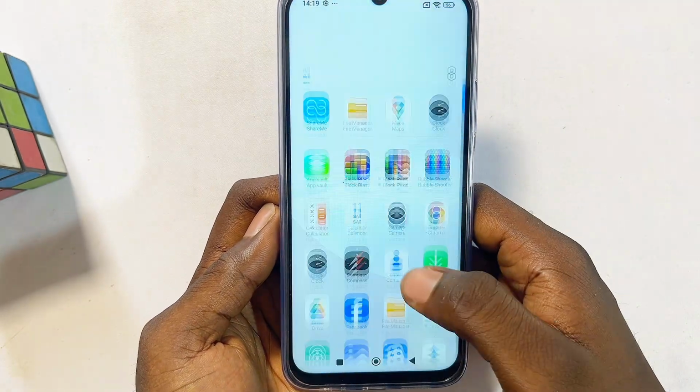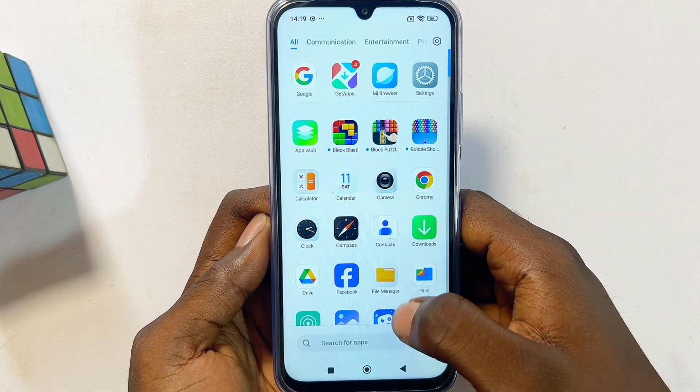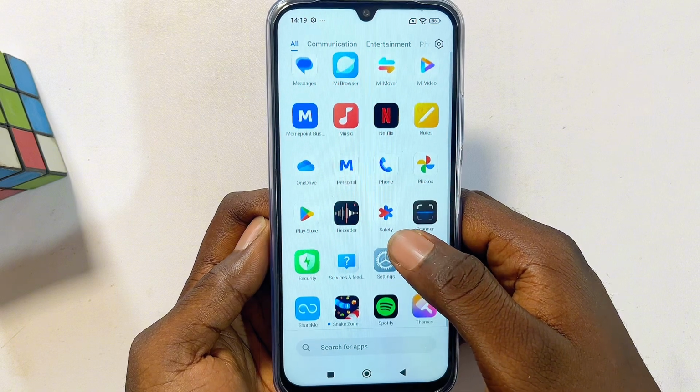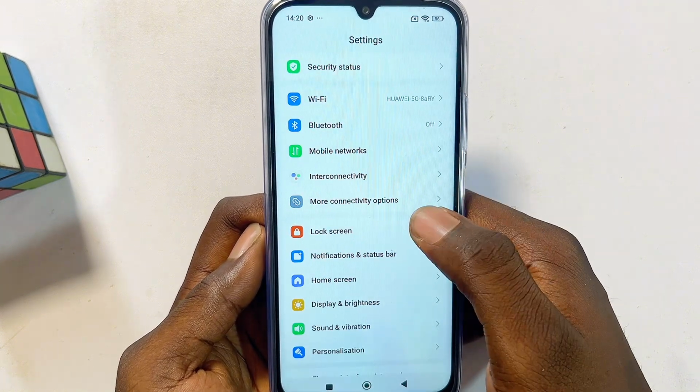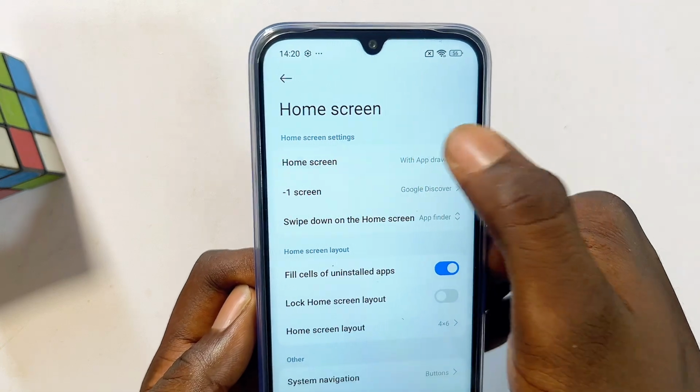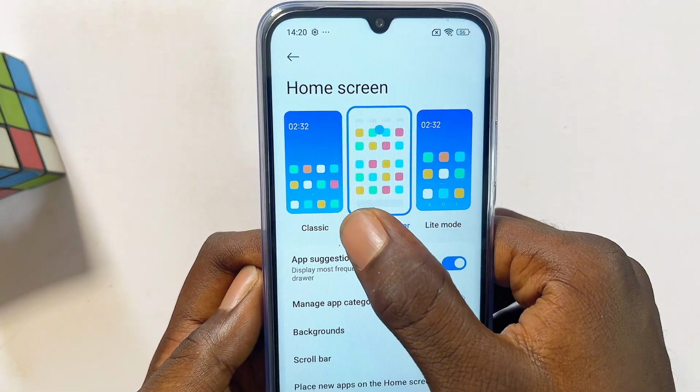And if you swipe over from the top, you're going to see now that app drawer has been enabled on your Xiaomi phone. If you want to turn it off, the process is exactly the same. Just click on settings, home screen, and then to home screen over here, go ahead and select classic and you're